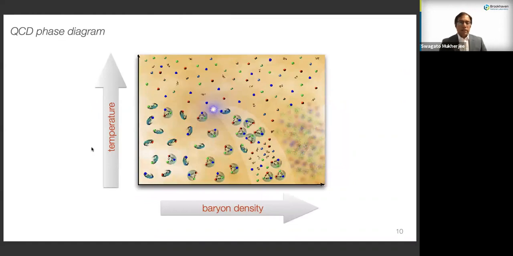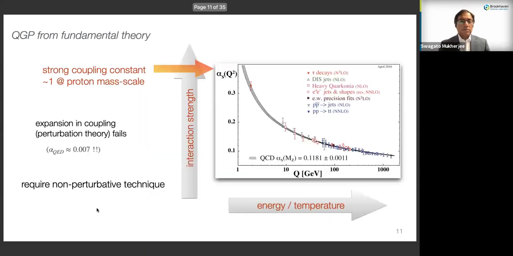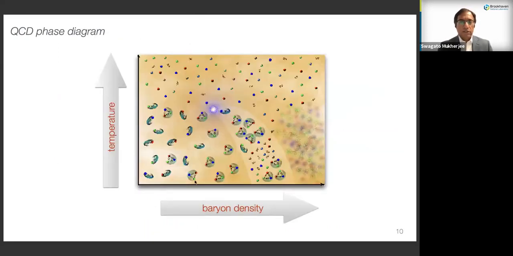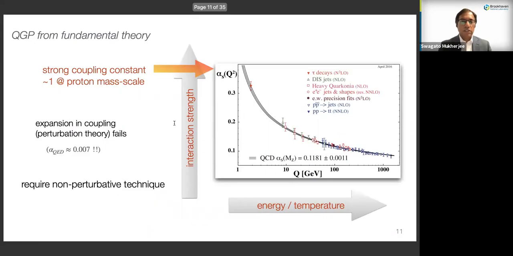So then what that gives us is basically a tool. By varying this energy, it gives us a tool to explore a phase diagram of QCD as a function of temperature and baryon density, or the baryon chemical potential. The question that we really ask, or will be asking in this case, is how to get the properties of this quark-gluon plasma, particularly as a function of baryon density or baryon chemical potential, starting from the fundamental theory of